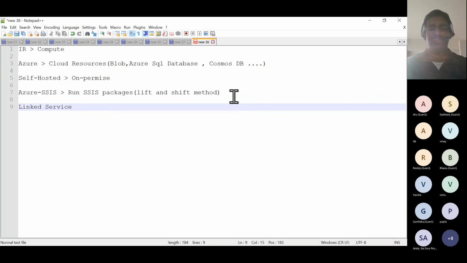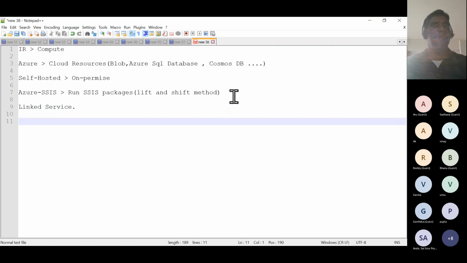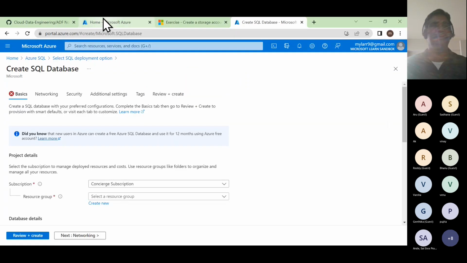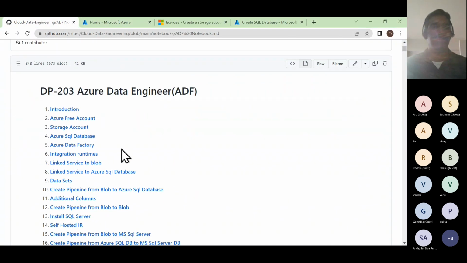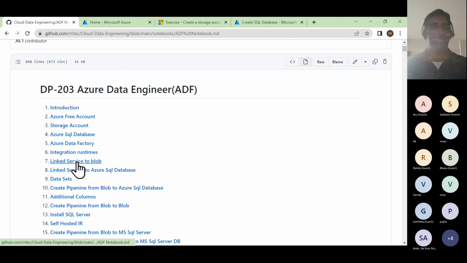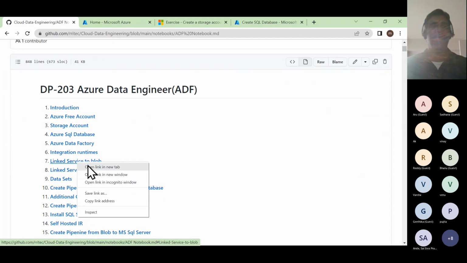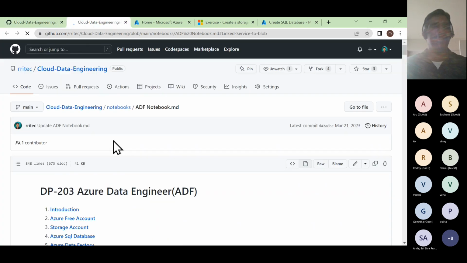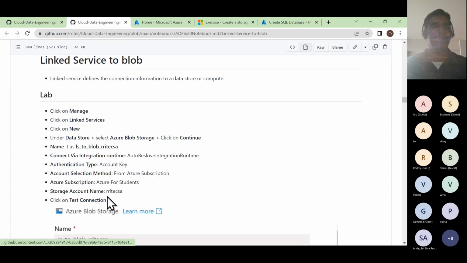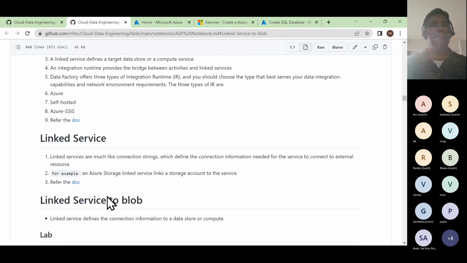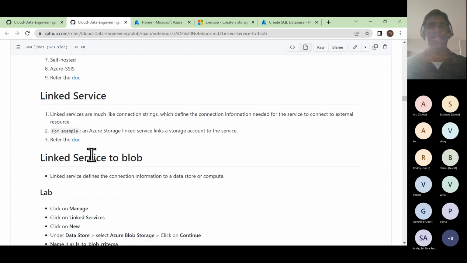Linked service. Now you might have heard of it. Let me open the linked service section. I'm opening our document. Yesterday we learned about integration runtime. Now we are going for linked service to blob or whatever it is. So now you see the first one, that's called linked service. Linked services are much like connection strings, which define the connection information needed for the service to connect to an external